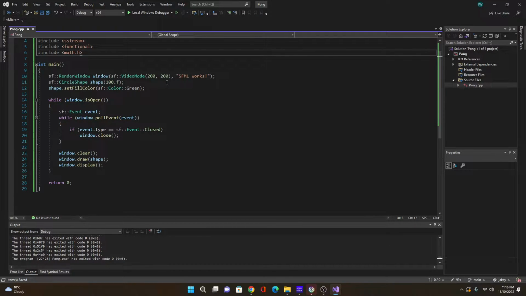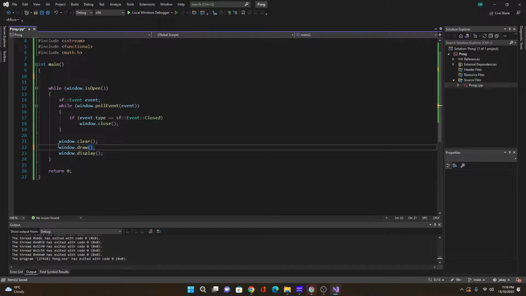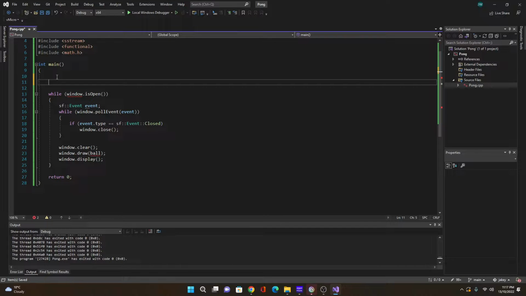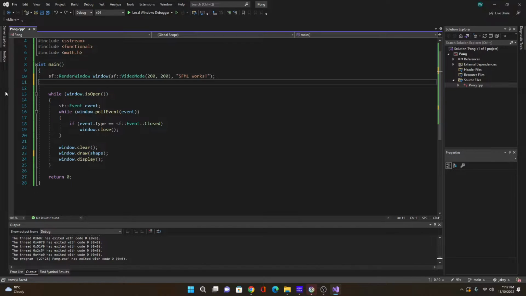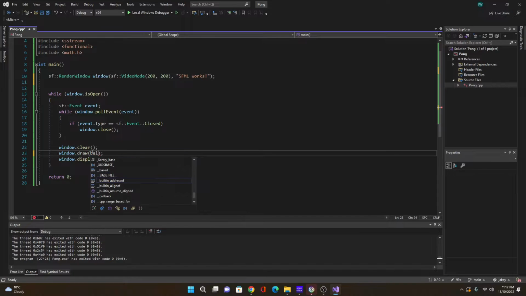So what we're going to do now is we're just going to set up the paddle and the ball. So I'm just flipping through my notes here just to make sure I've got everything. So what we can do is we can get rid of this, and we can get rid of that at the moment. In fact, what we're going to do is we're going to put the ball in here because we want to generate the ball first. So actually, I didn't mean to delete all of that up there, that's my bad. There you go, so we're just going to get rid of that and pop all in here,